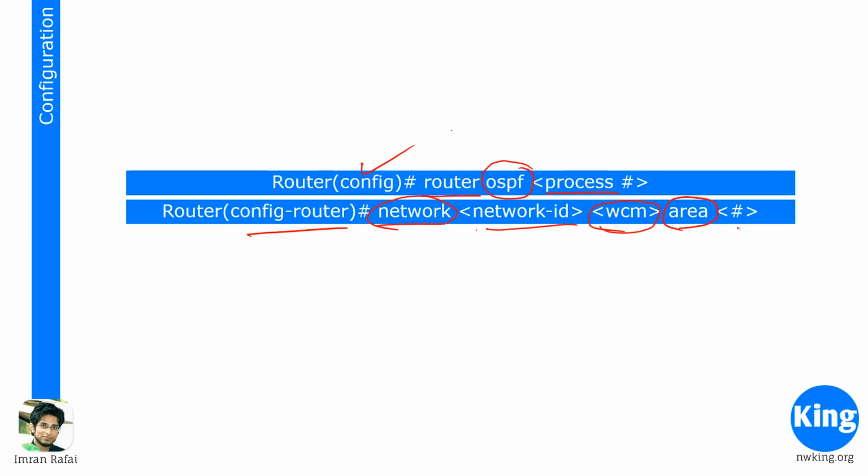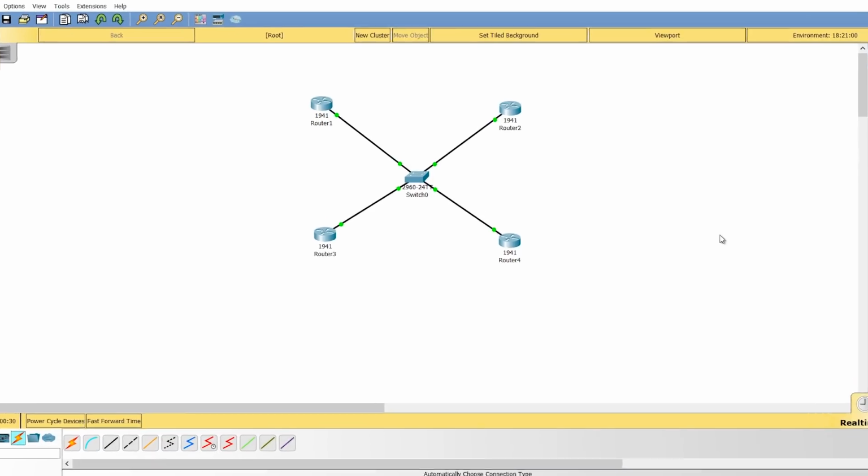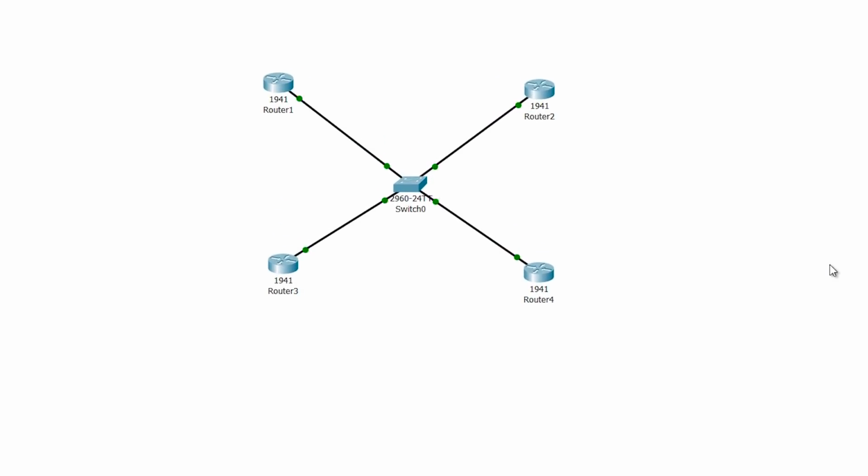Now, since we are still working on single area OSPF, this has to always be a 0, right? A 0, because 0 is the backbone area, and every OSPF, if it's single area, has to be area 0. If you have multi-area, one of them will have to be area 0, and then you could have many other areas. But all those areas will have to be connected back to area 0 because that's the backbone area. So now let's configure a small configuration like you see on the screen on Packet Tracer, and let's see how